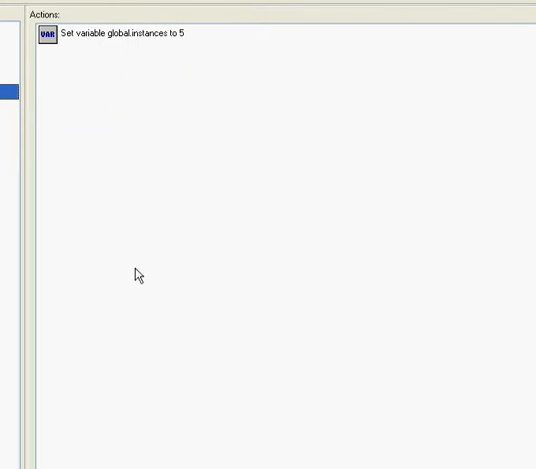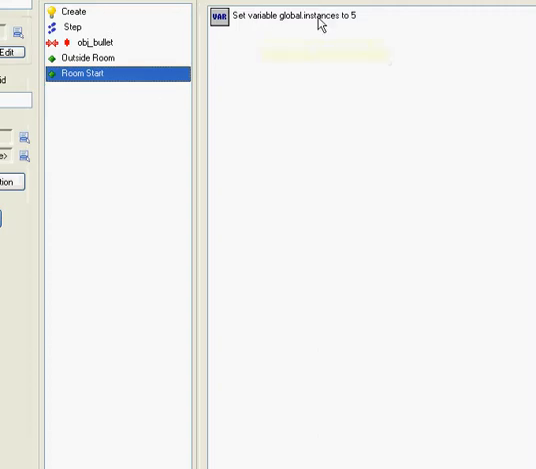Now the reason it's global is since we're working with more than one instance of this object, every instance, when you give it a variable, has its own variable. So we can't use that local variable. It's kind of hard to explain. So basically, when we do global dot, that means for this entire object, we're going to use this one variable. So when they all refer to global dot instances, we're referring to this one variable